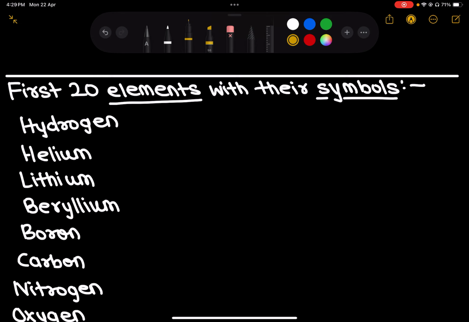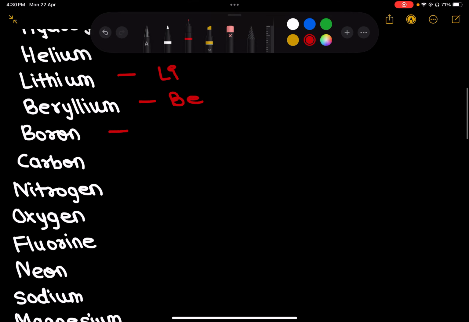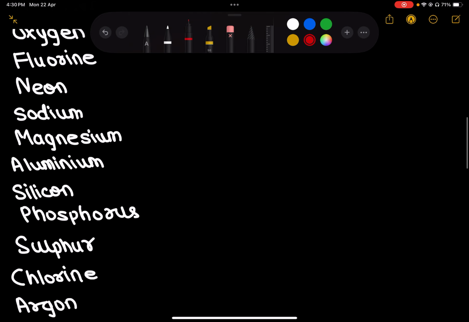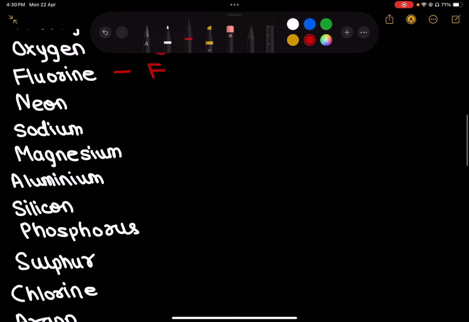So I have written down the first 20 elements to save time and I will be writing down their symbols. Okay, so hydrogen is H, helium is He, lithium is Li, beryllium is Be, boron is B, carbon is C, nitrogen is N, oxygen is O, fluorine is F, neon is Ne, sodium is Na, magnesium is Mg, aluminium is